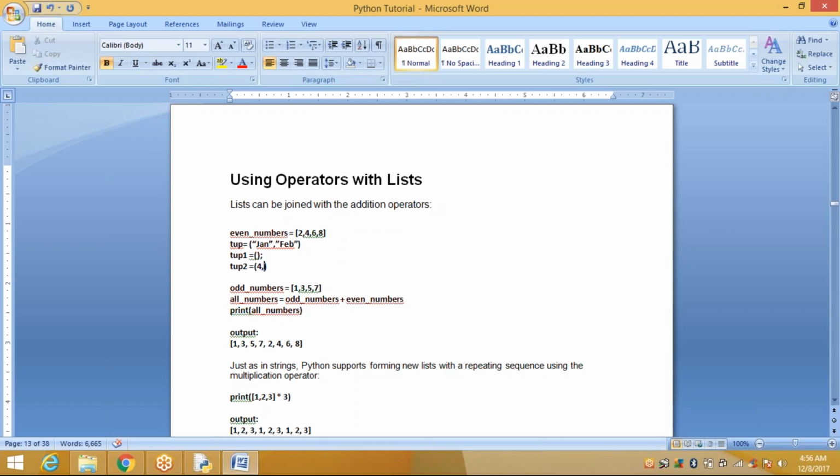For writing tuples with a single value, you need to include a comma, even though there is a single value. Also, at the end of the tuple, you should apply the semicolon. This is the way you can define the tuples.